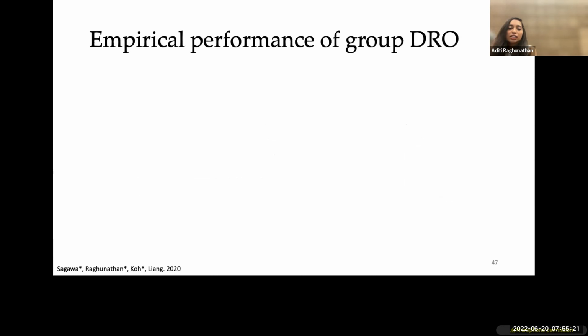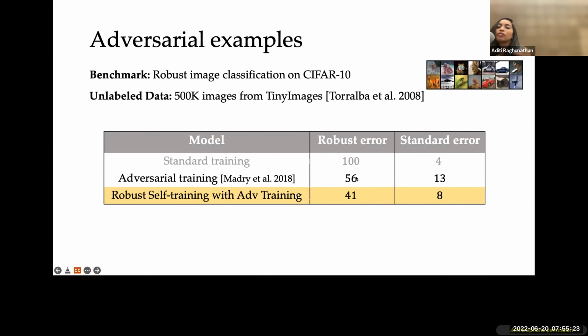So we see some gains. If you just use self-training with appropriate regularization and more unlabeled data, you improve your robust error a little bit and also your standard error. But of course, this is far from what we expect as optimal. So even if we optimize exactly what we care about and use a lot more data, it turns out this is quite challenging to solve.